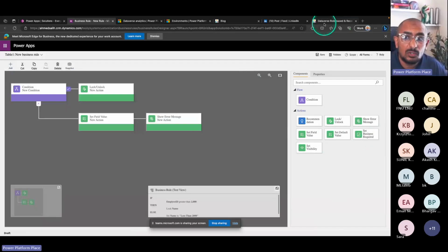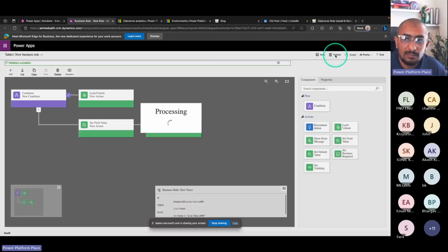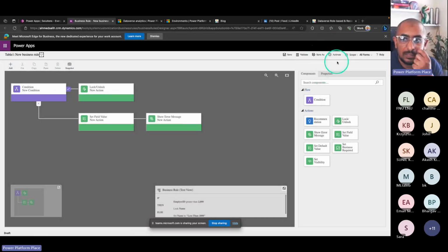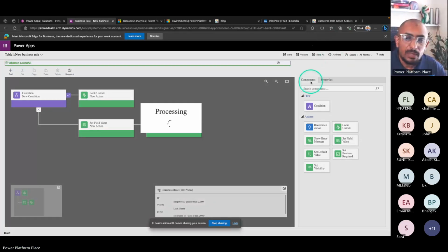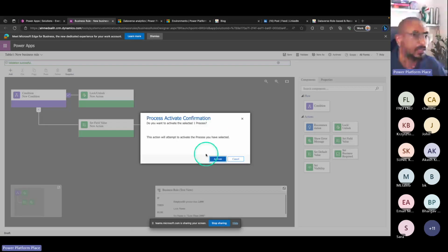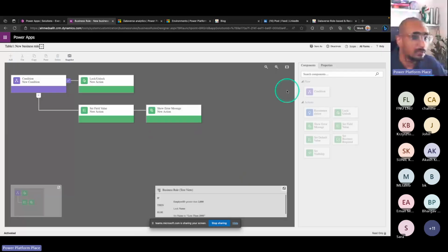Okay. So now we're going to go ahead, save, and then validate. Validation is completed? Yes, it's completed. And once you click validation, again, this is not just about business rules. I'm going to show you activate. And here we go, now we are activating this business rule. And then we're going to go ahead and activate. Done. It's active. You can obviously deactivate to edit, right? So what we're going to do here,